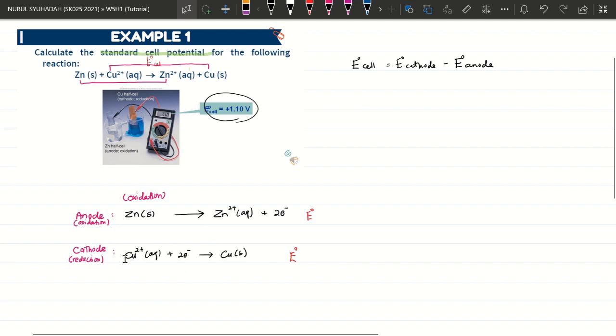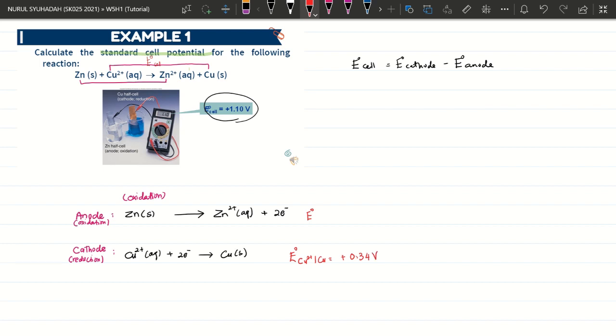For the cathode, it is already a reduction equation. So from the SRP table, find Cu2+ plus 2 electrons to produce Cu, and the value is positive